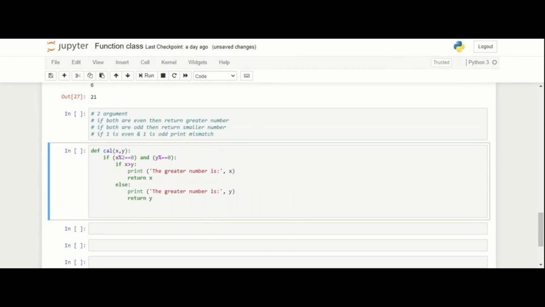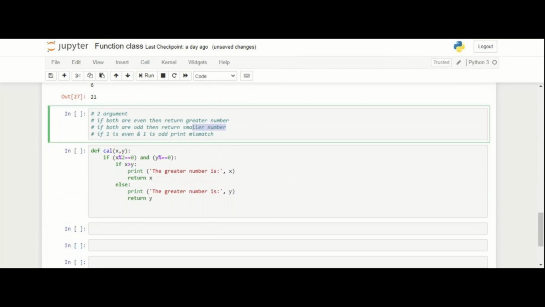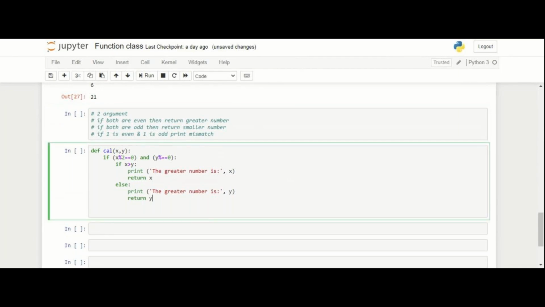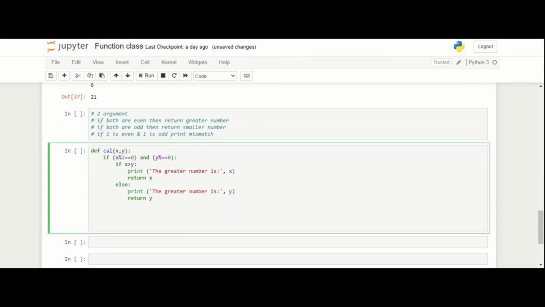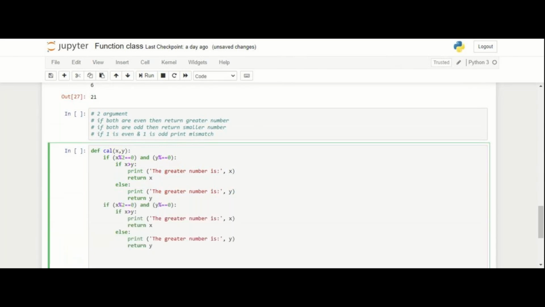Then again elif, right? No, why elif? Okay, you are talking about this condition, right? Yes. So for the second condition, again we have to come and start with the elif part. So the elif part will start from this indentation. Indentation is very important in Python. So let me copy this code. This is the indentation, and here I have to write elif.